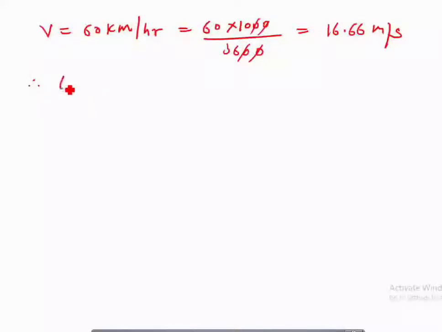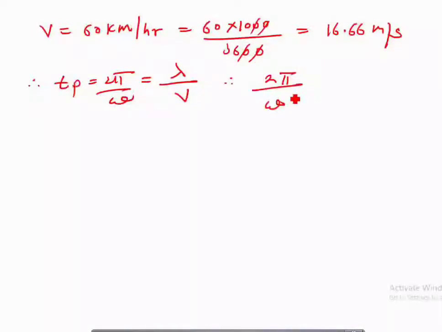Now I can write the time period is equal to 2 pi upon omega is equal to wavelength upon velocity. Therefore 2 pi upon omega is equal to 20 upon 16.66, where the wavelength is 20 and V is 16.66. From this I will get omega, the frequency of external or base excitation, which is equal to